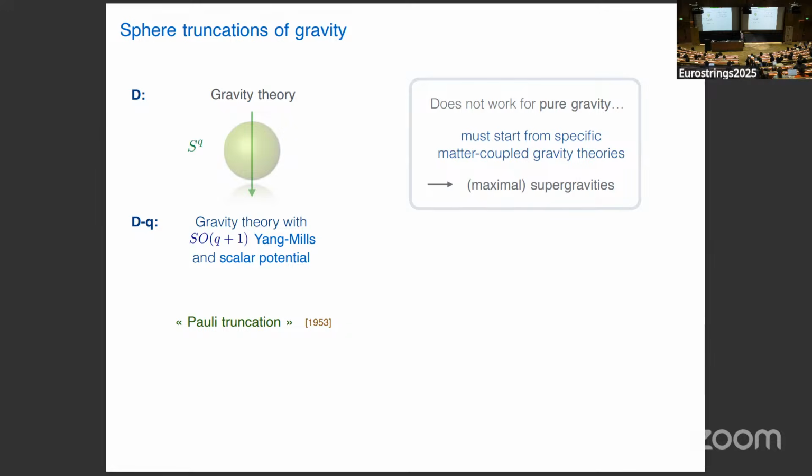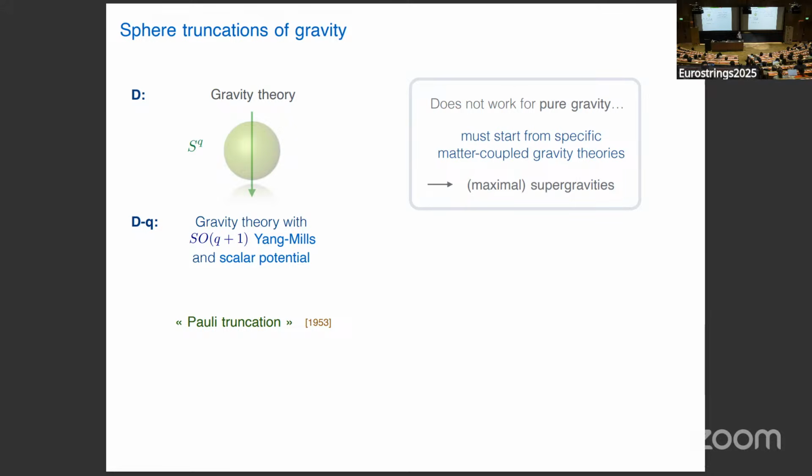So the question is whether you can do this truncation consistently, in the sense that the modes that you have kept are not going to source the modes that you have thrown away. It is actually a non-trivial question for the sphere. When you do it on the torus, it's simple, because you keep the zero mode on the torus, and because they are all singlets under the isometry group of the torus, you know that they will never be able to source non-singlets. But in this case, the modes you keep are not singlets under this SO(Q+1). I mean, the Yang-Mills fields are in the adjoint, and the scalar fields are charged,